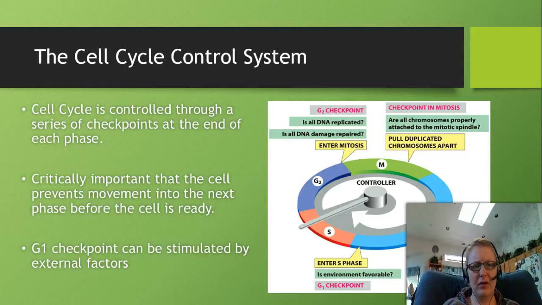And so that's why we have to have these checkpoints. Now, something that's important to know is that G1 is the only one that's going to be triggered by environmental factors. G1 is the one that will say, is there enough nutrients in the environment? Is it the correct environment? Should we be putting our energy into cell division? And so there's a lot of energy that goes into this process, and it's not something that the cell wants to go through easily and quickly and just for the heck of it. They want to make sure that it's the right time for it. So let's look at how these checkpoints are triggered.